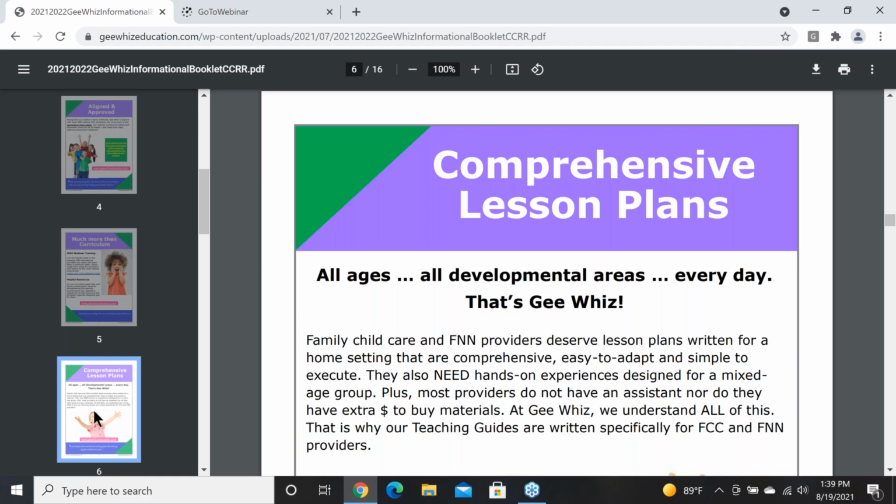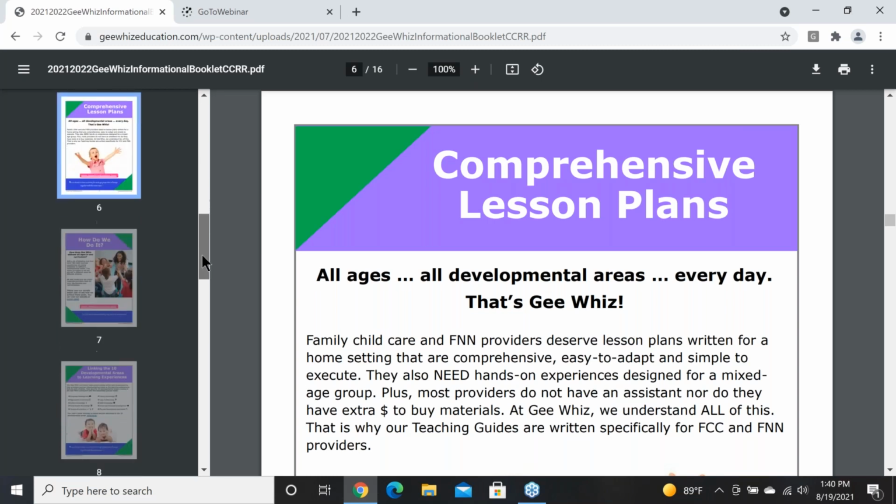Art is really science, and it's physical development, it's social development, it is creative arts, it's language development. In one simple finger painting experience, for instance, you can address many, many different developmental areas. So one of our goals in our lesson plans is to help providers connect these dots. And so we came up with a system